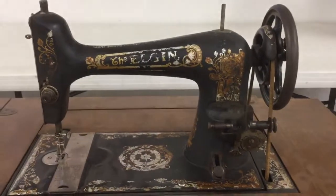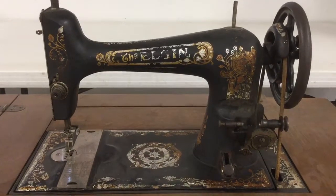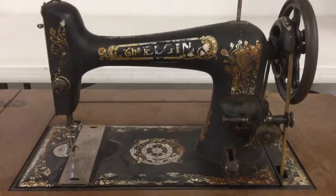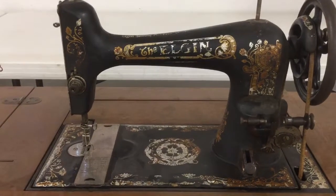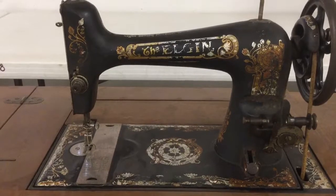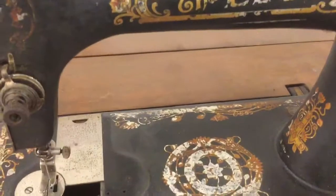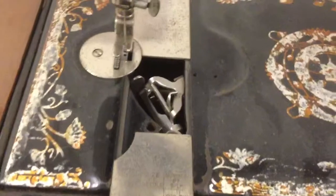This video is going to be the first in a series on the mechanics of the vibrating shuttle sewing machine, showing some of the very many and varied methods of achieving the exact same functional mechanism using different combinations of action. So what we'll be looking at is machines that use a vibrating shuttle, such as this machine here,